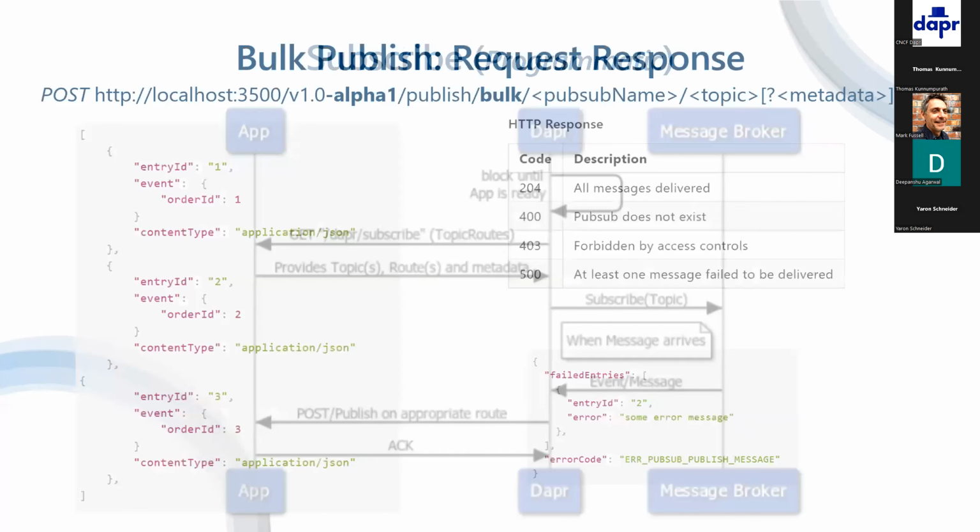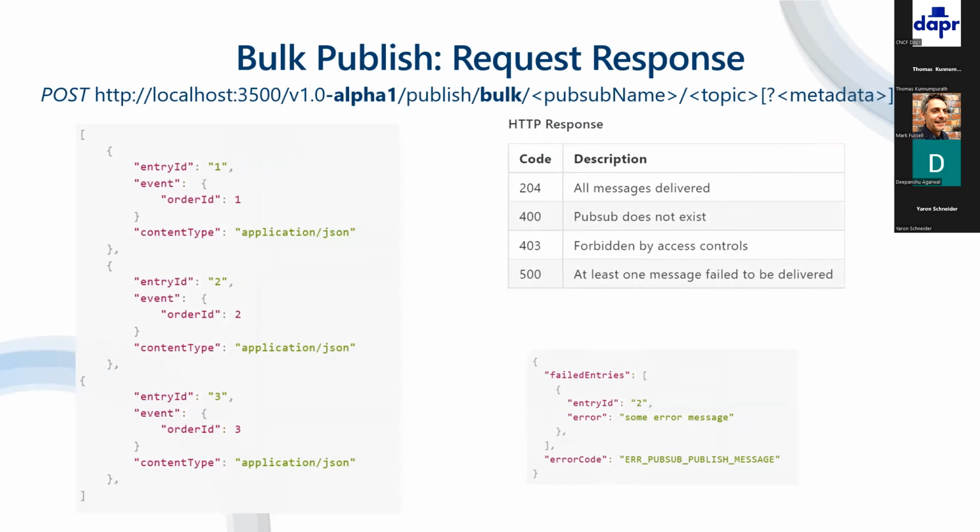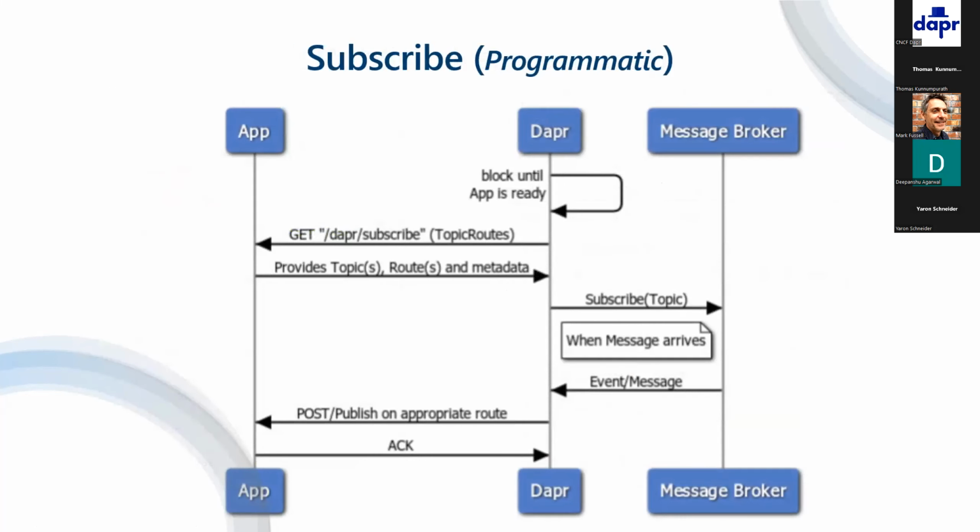And so if the raw payload metadata is not set to true, then Dapr, just like in normal publish, will ensure that the particular event is sent as a cloud event. Okay, so moving on to the subscribe thing. So what we see here,